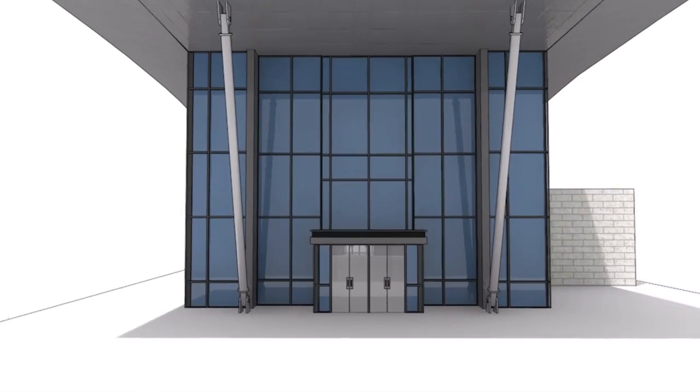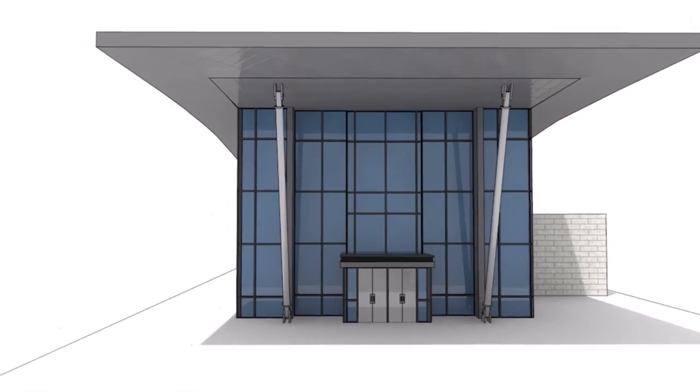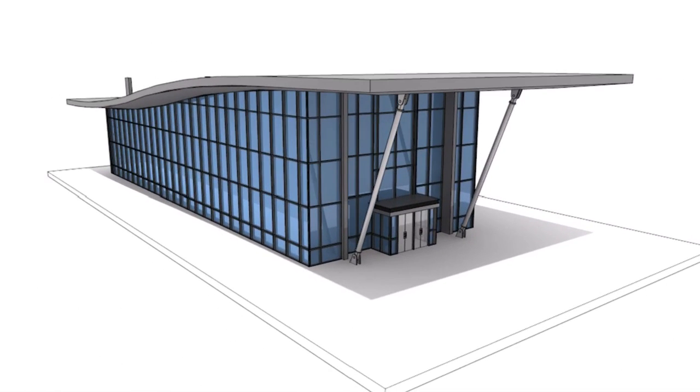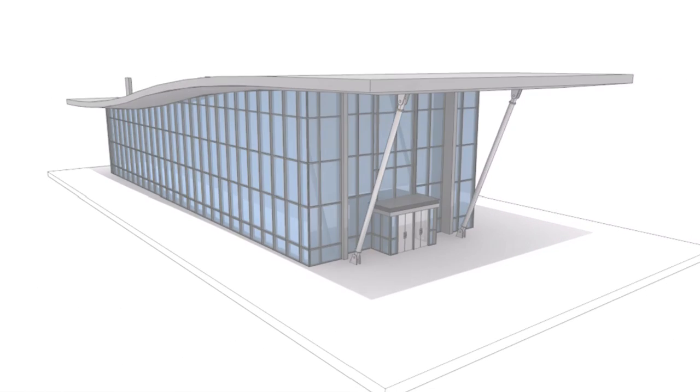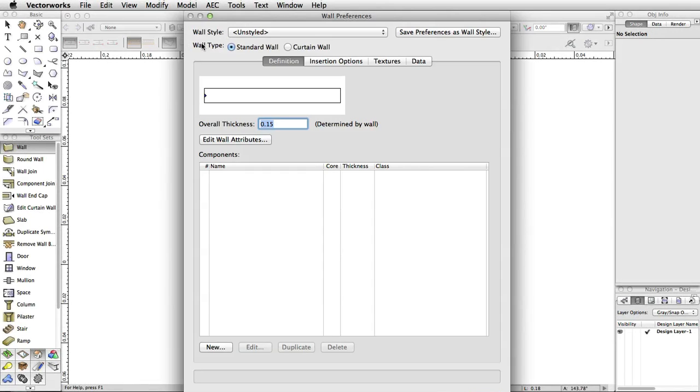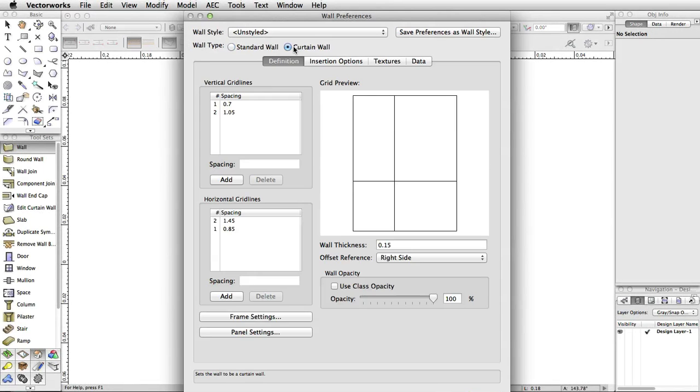Curtain walls allow you to customize frames and panels, join with other walls or curtain walls, save customizations as a wall style, and insert window and door objects directly. To create one from scratch, activate the Wall tool. Then, in the Wall tool preferences, at the top left, you'll see an option to create a curtain wall instead